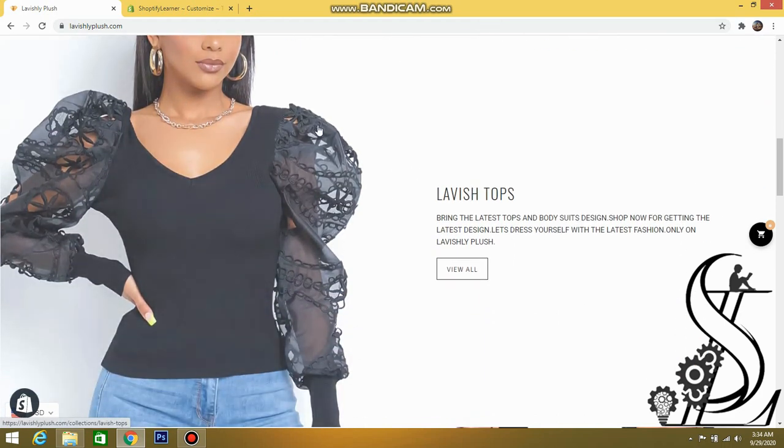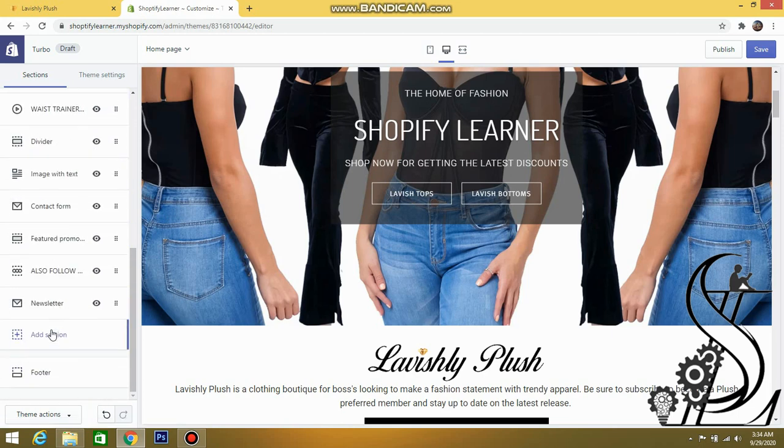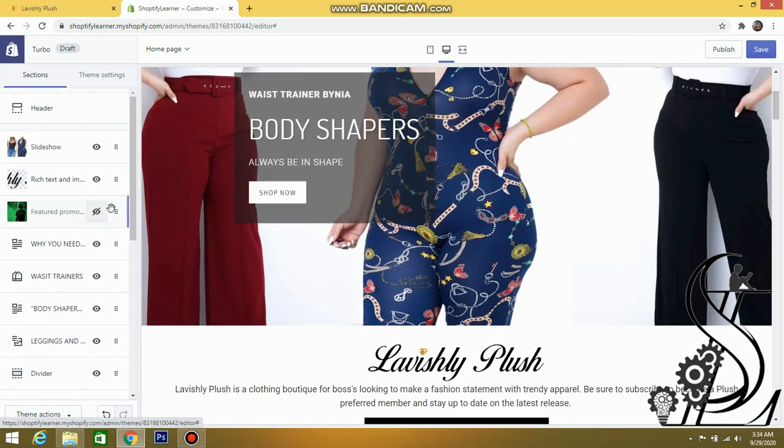So first of all, we add the image with text section.